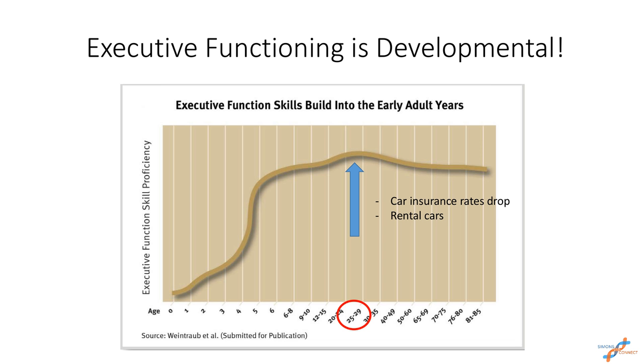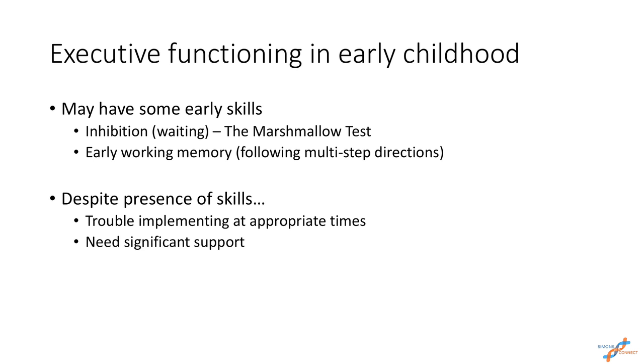So if we break things down a little bit and think about why, or rather how, these things develop. In early childhood, and by early I mean as young as 9 or 10 months, we can see some children develop really basic executive functioning skills like inhibition. I think the classic example of inhibition is the marshmallow test. But thinking about even earlier, when a child can understand the word no or wait and is actually able to stop themselves, that is some of that inhibition, that waiting that they can understand.